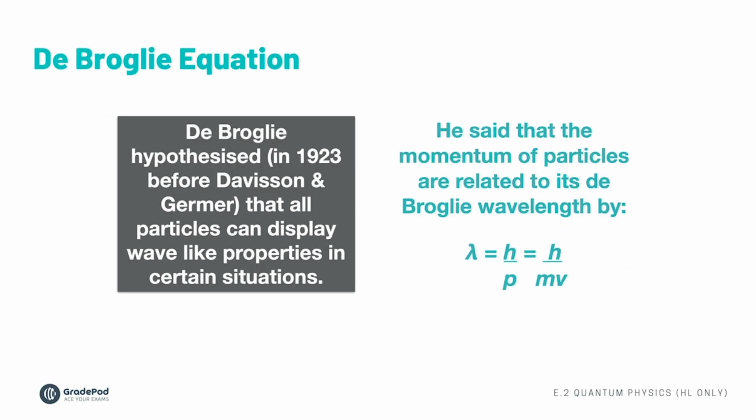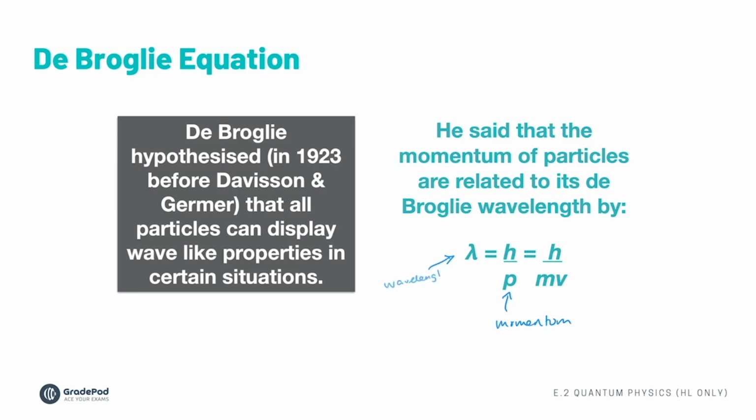That previous equation requested that we use the wavelength of an electron, and we haven't actually discussed that yet. So de Broglie did that for us. He said, after analysing Davisson and Germer's experiment, it's not just electrons actually. I think all particles can display wave-like properties. And he came up with the equation for the wavelength of any particle with mass. His equation is lambda equals h over p. P, of course, is momentum,